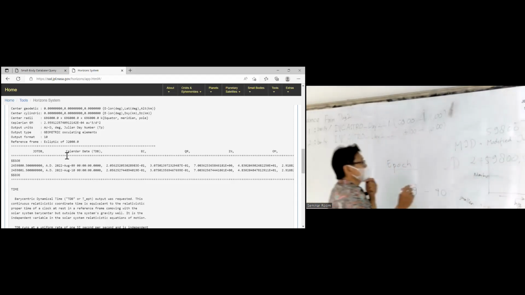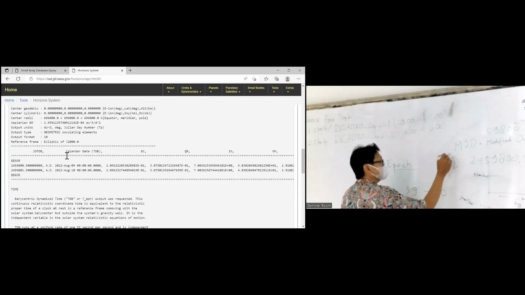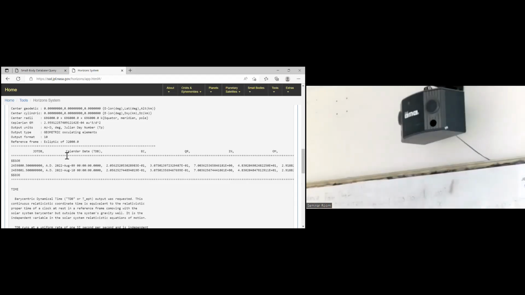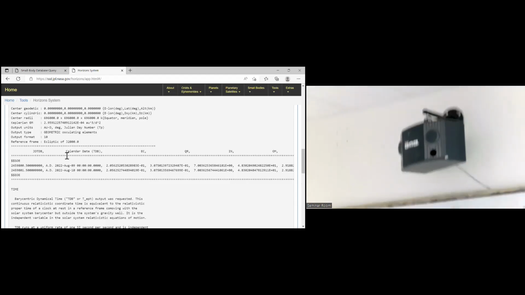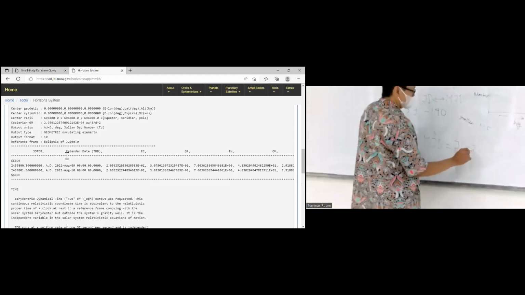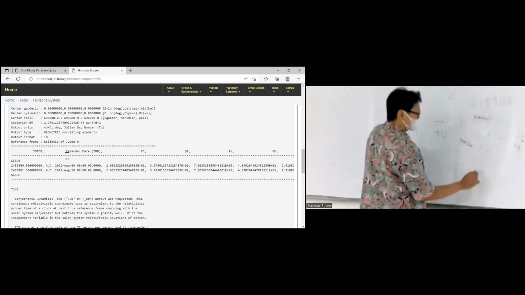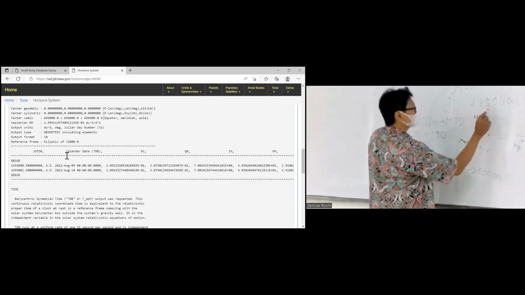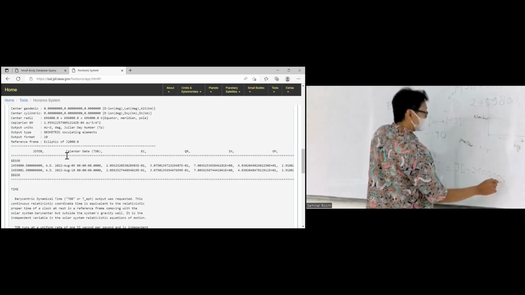So there is a relation between JD and MJD. That is, MJD equals JD minus 2,400,000.5.